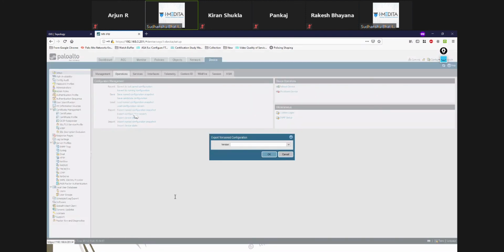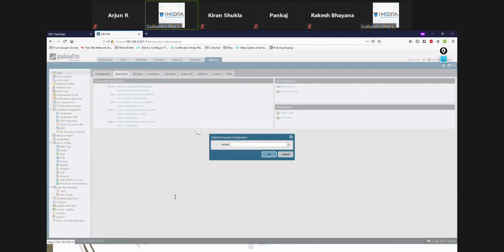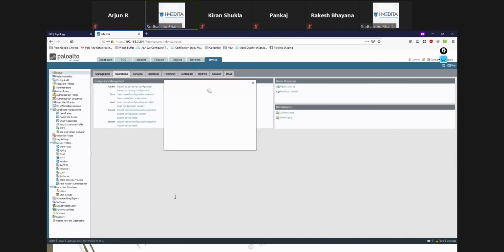So if you click on export configuration version or load configuration version, you can export or load a particular configuration. Suppose I export this configuration version. Now if I click OK, it's going to give me this file to save, which is in XML format, which I can keep as a backup for myself. Just like I can export, I can also import.